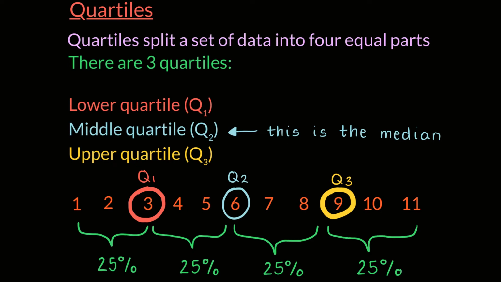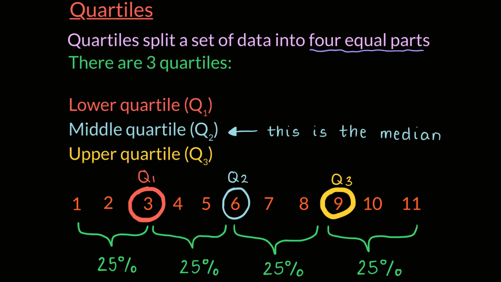Today's lesson is on how to find the quartiles of a set of data. So quartiles split a set of data into four equal parts. And I know that when we think about the word quartiles or quarter, we think about four, but there are actually only three quartiles. Imagine that you have a piece of paper and you want to rip it into four parts. You only have to rip it three times,